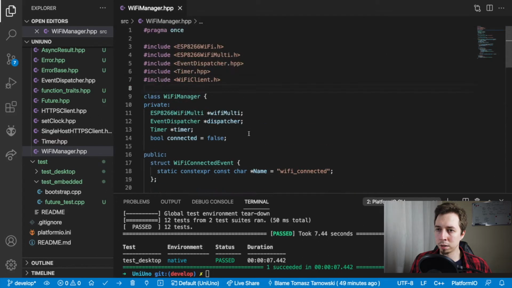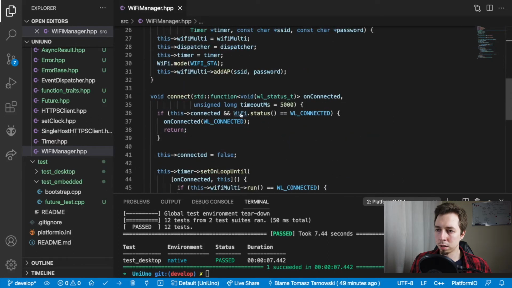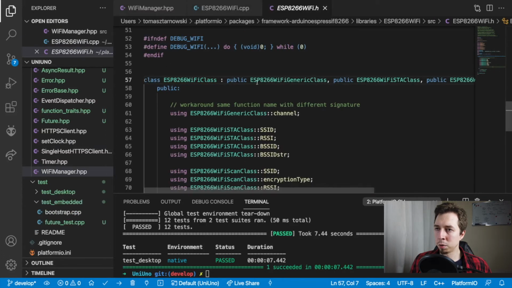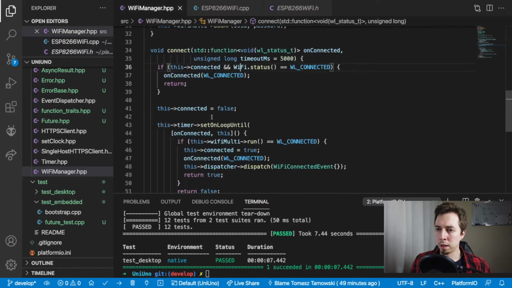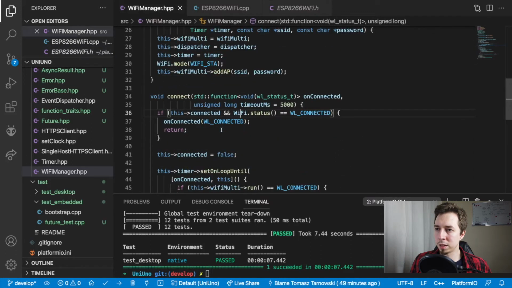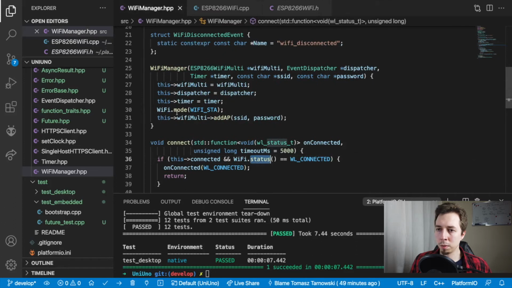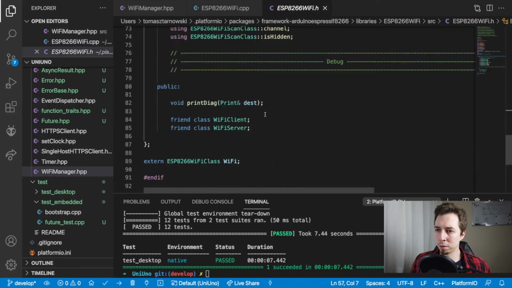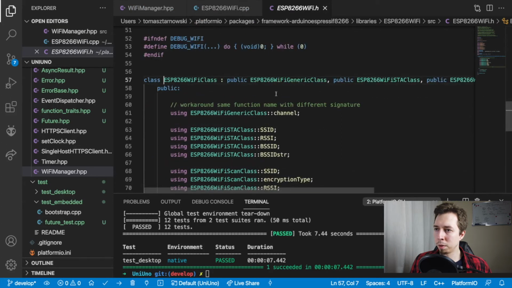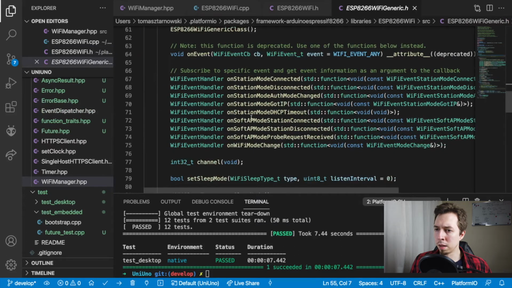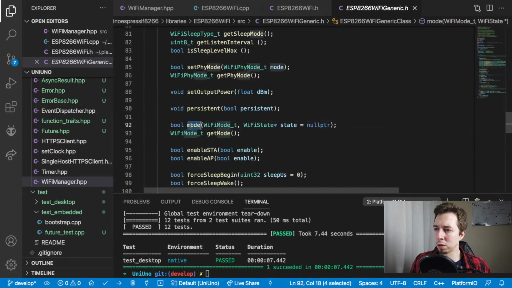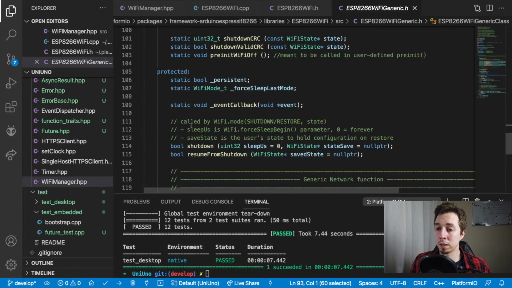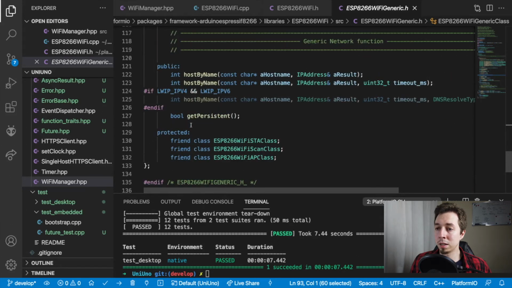Okay. So, let me have a look at the implementation. We're going to have a look at this Wi-Fi thing first. So Wi-Fi is the ESP8266 Wi-Fi class, and what we are interested in is the methods that we call. We call status and we call mode. So let's have a look at these two methods. They are not really here, so they're probably on the generic class. And what we've got is the mode. Right, I see, okay. So we've got mode, and we probably have a status as well, but I already see it. There is no